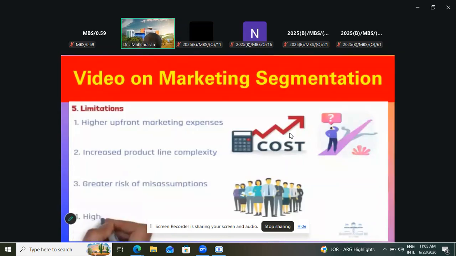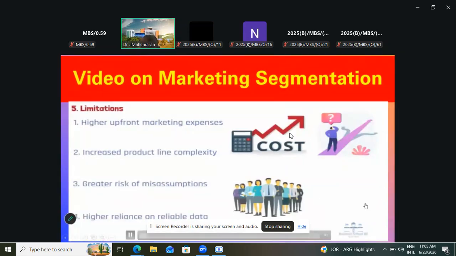4. Higher reliance on reliable data. Market segmentation is only as strong as emerging trends, and when markets